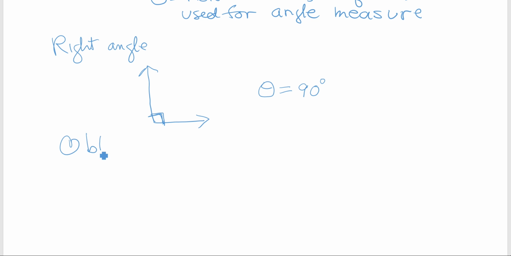Next, I could have an obtuse angle. And with my obtuse angle, it's going to be open wider than a right angle. It's going to have a measure between 90 degrees